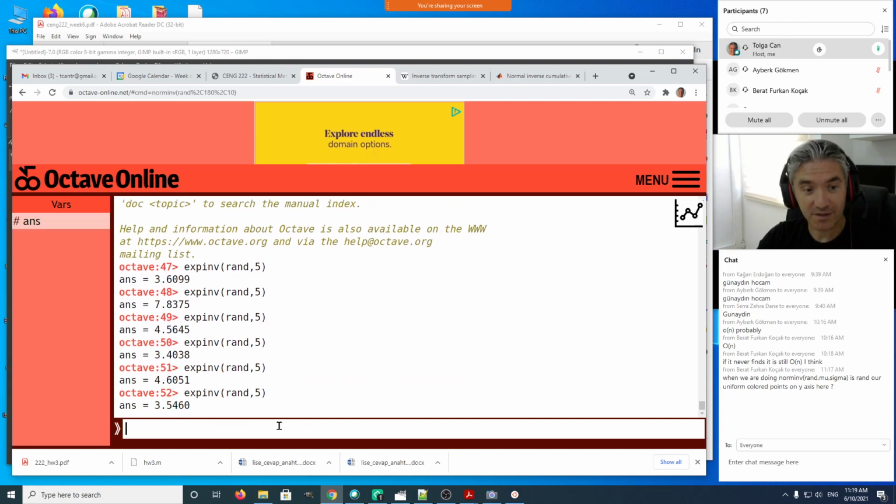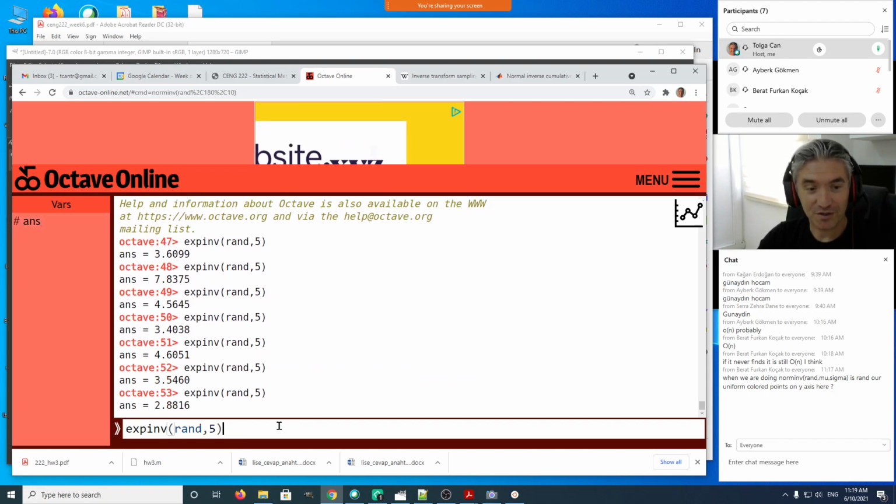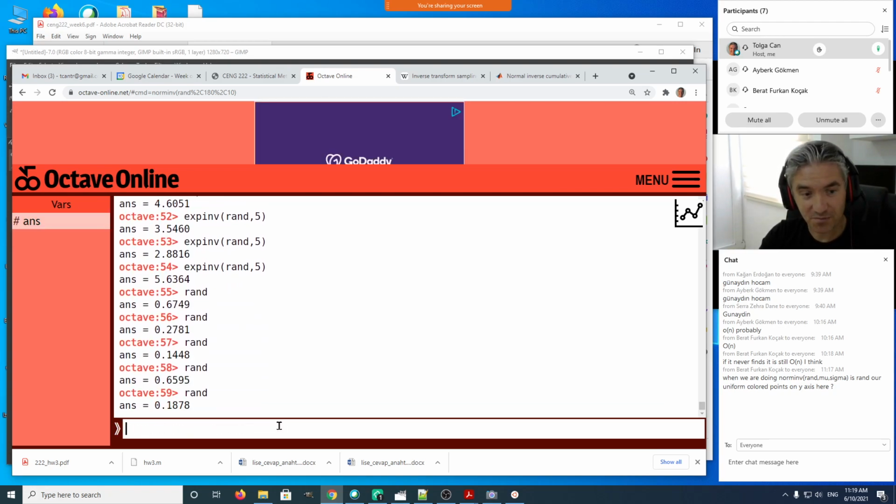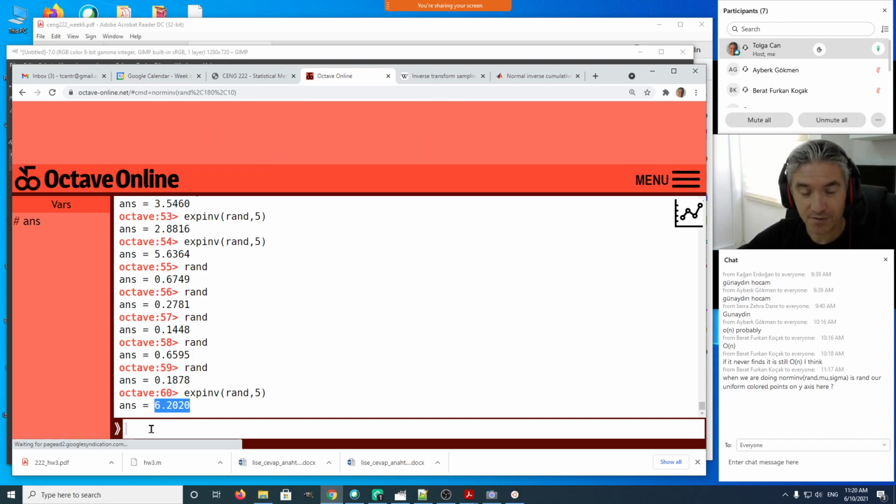Very convenient, right? Because for the inverse function, you give uniform random numbers. All these rand values are standard uniform random numbers. But if you put them in your inverse CDF as a parameter, it will give you, as you can see there, these values here, which are exponential random numbers,